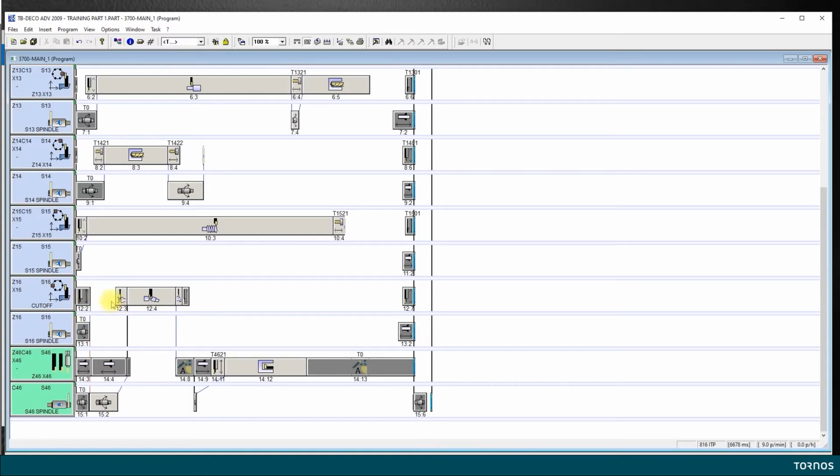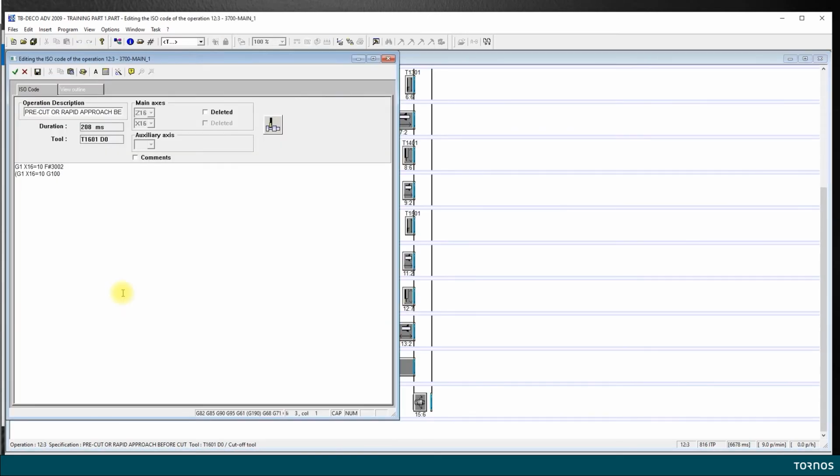As we can see here, in our cutoff operation, I have some time available before I pick up my part. And then I can see that my actual cutoff is a little bit too long. So let's see what we can do on the 12.3 operation.